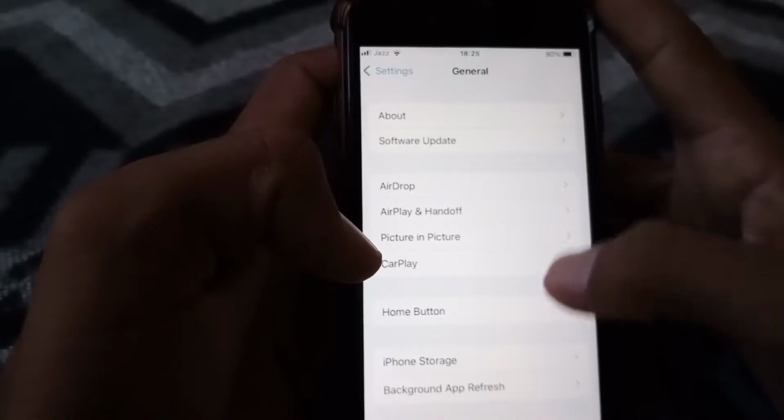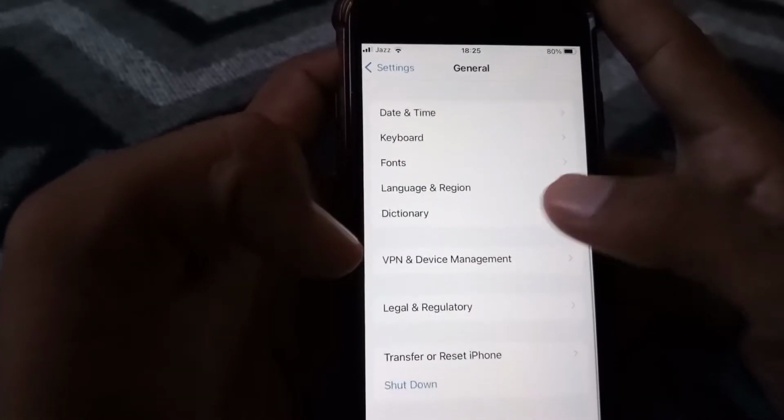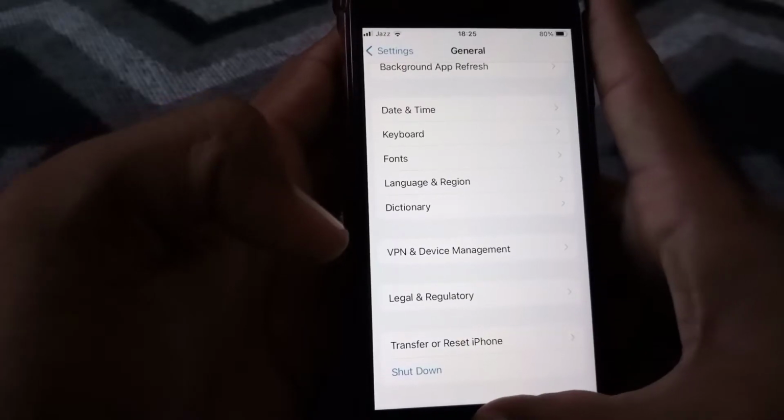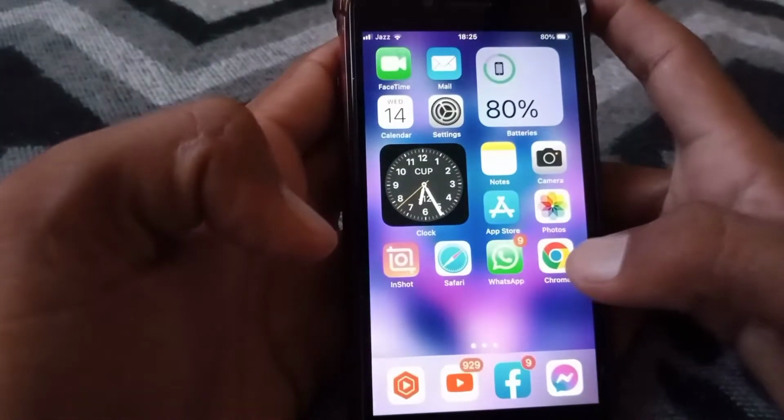and after that simply scroll down all the way, and from here simply shut down your device, and after that check whether your problem has been fixed or not. And if the problem is there, then what you need to do is simply open